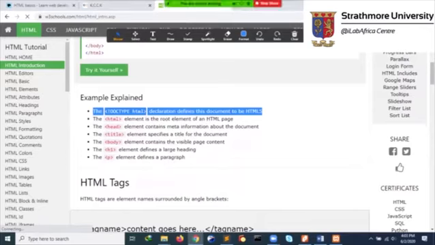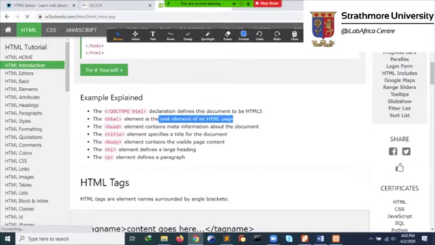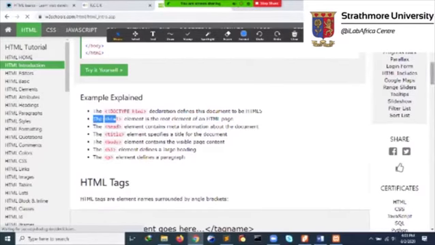Then you have the HTML tag. This is the opening one, and then it has the closing one. So this is the root element for an HTML page. So anything else that you're going to be writing within an HTML document is supposed to be contained within the HTML tag. And as you can see here,